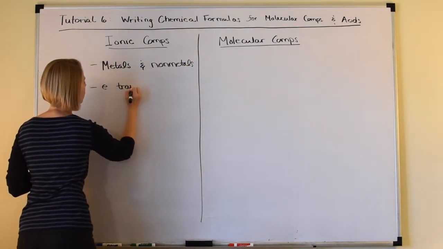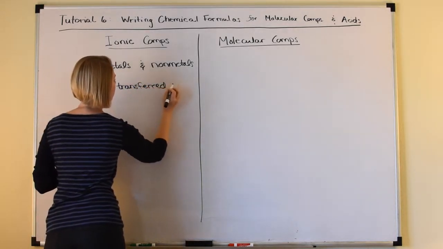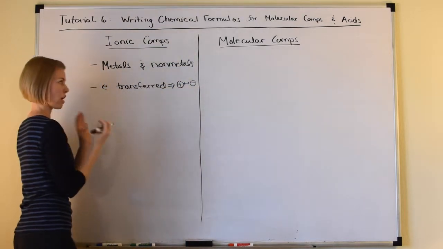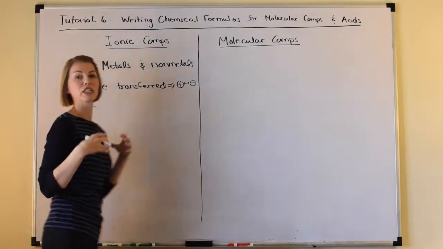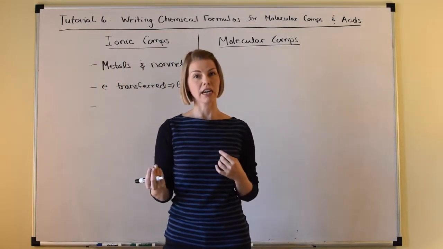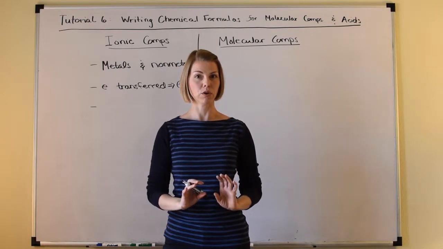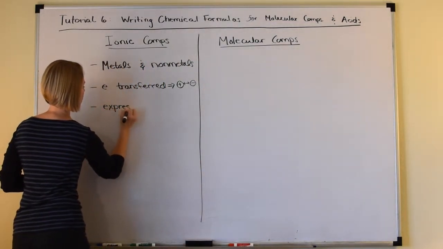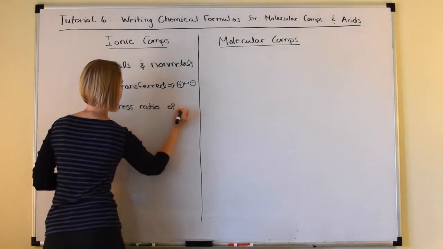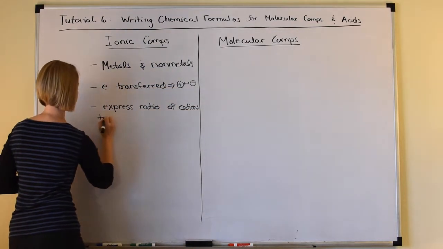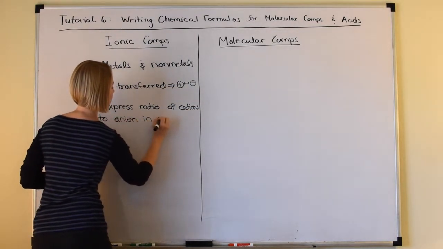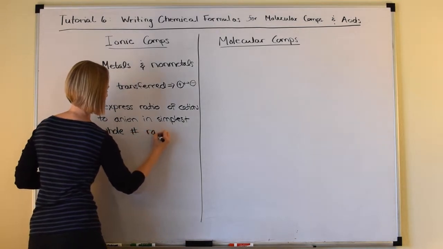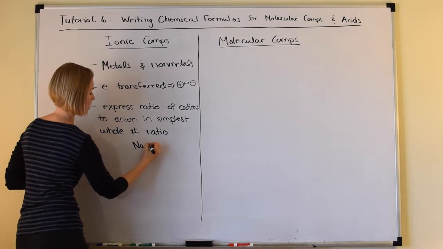Electrons are transferred, which forms cations, which carry positive charge, and anions, negative charge, which attract strongly. And we're always going to express the ratio of cations to anions in the simplest whole number ratio for a formula unit. Okay, so let's write that here. Express the ratio of cations to anions in the simplest whole number ratio. Okay, so for example, we know that sodium chloride is 1:1, so we're going to write it as